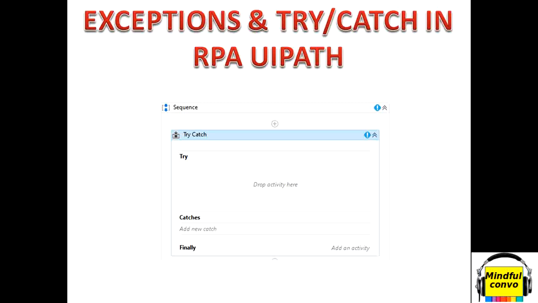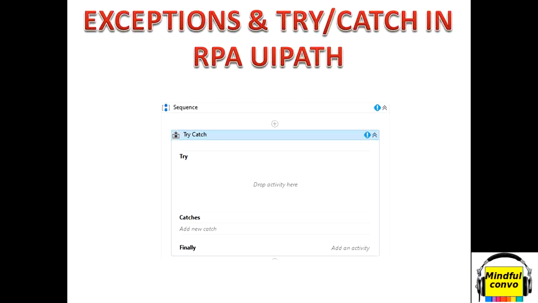of the program. We have various exceptions in UiPath. First, the null reference exception. This error occurs when a variable is not initialized. Second, the index out of range exception. It occurs when the index of an object is out of range. Then the third exception is the argument exception. It is thrown when a method is invoked and its argument does not meet the parameter specification.